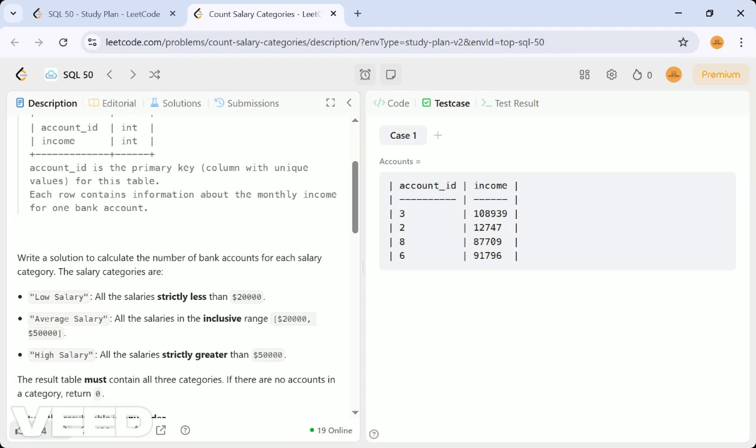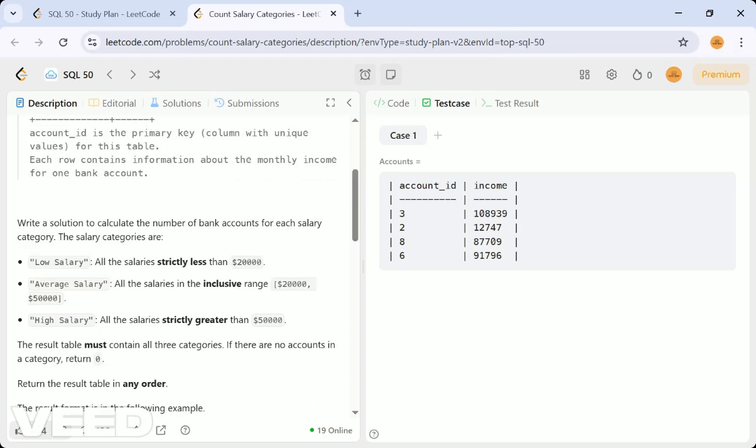Now they are asking us to write a solution to calculate the number of bank accounts for each salary category. The salary categories are based upon the salary. Low salary is strictly less than $20,000. All salaries under this threshold are called low salaries.